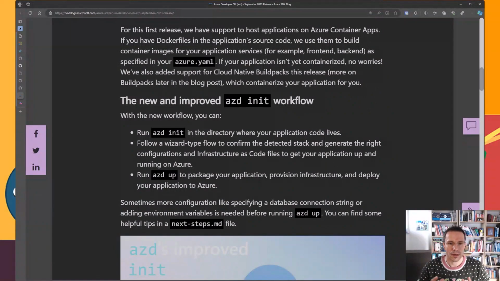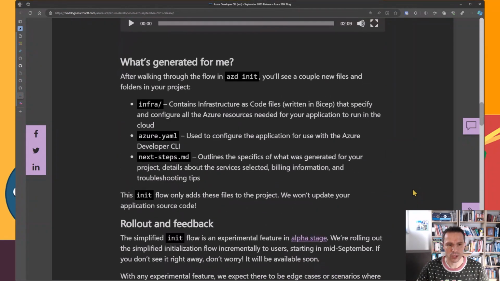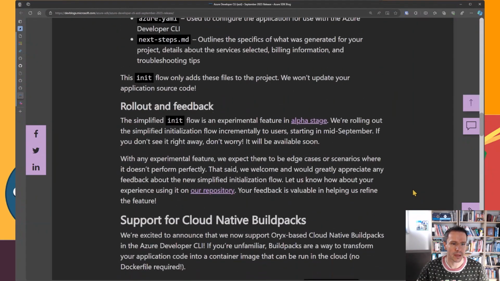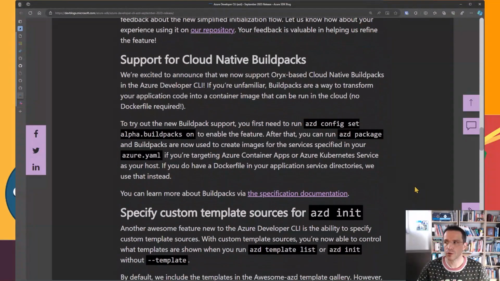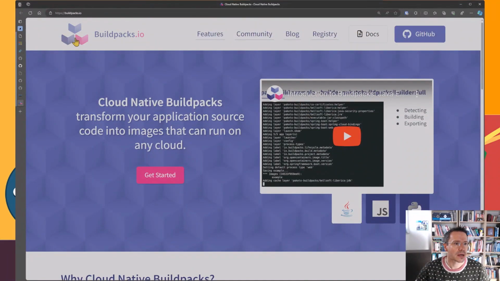Now, we have seen that we can initialize things here. Now, what about this packaging with Docker? And there is one more feature that came out with the September release, which is now propagated already to beta stage, and that's support for cloud-native buildpacks. Now, cloud-native buildpacks is not an invention by the Azure Developer CLI. It's a CNCF project that is in the incubating stage,